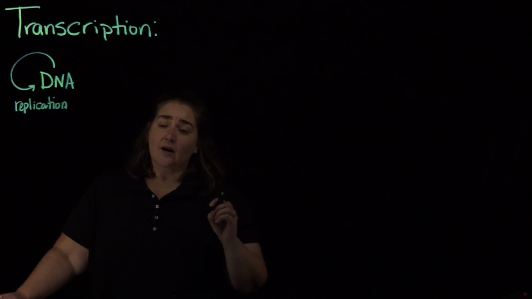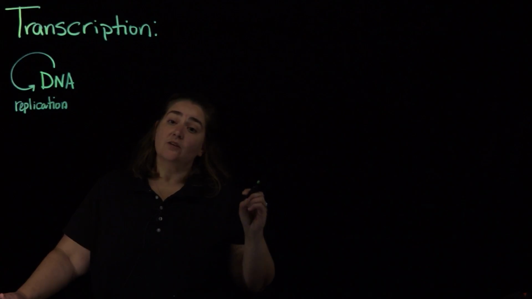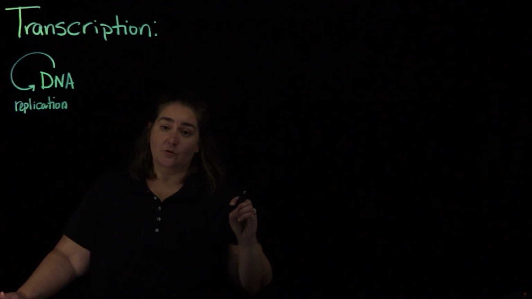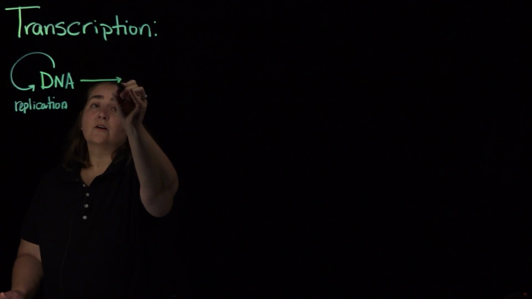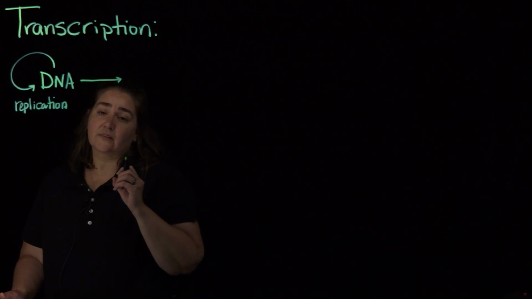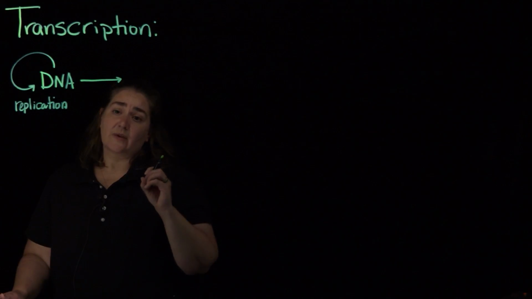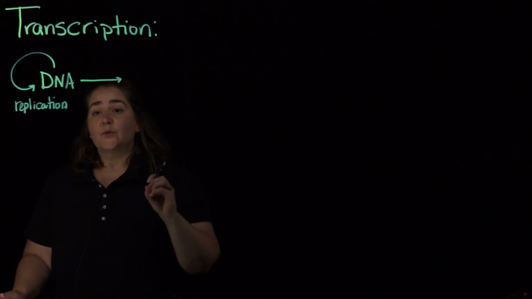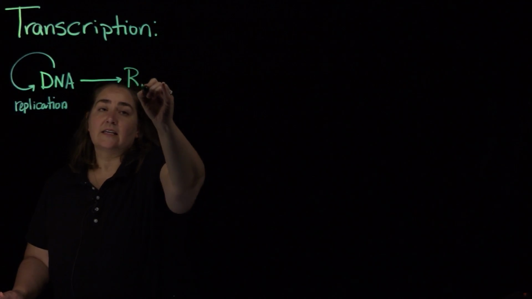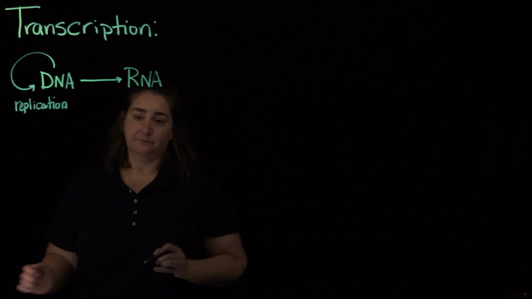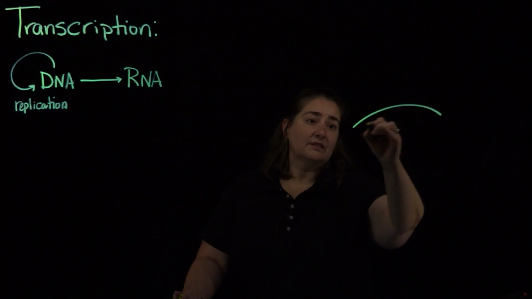And it needs to make a copy of itself before it can undergo mitosis to generate a new cell, because that new cell needs a copy of the instruction manual, just like the old cell had. So once our DNA has replicated and we've got our new cell, that new cell is going to want to start making proteins. And in order to make proteins, it actually has to make an intermediate product. It has to make RNA. And the reason for that needing to happen,